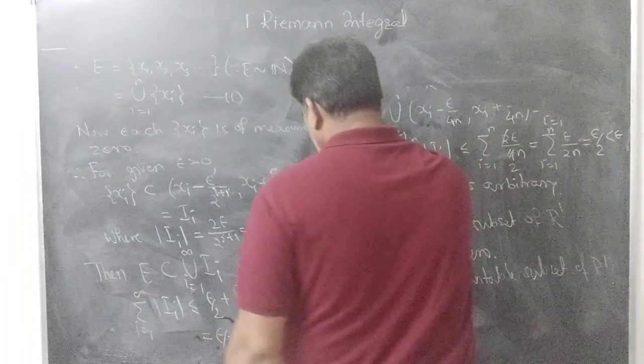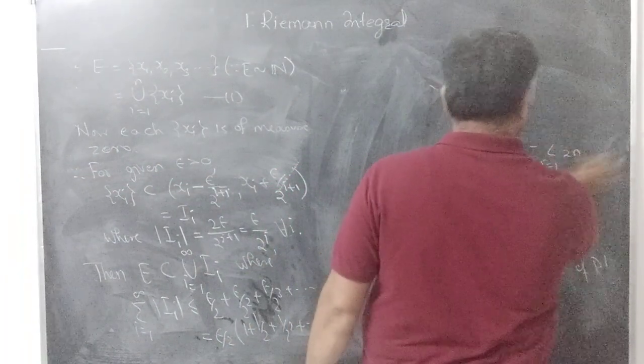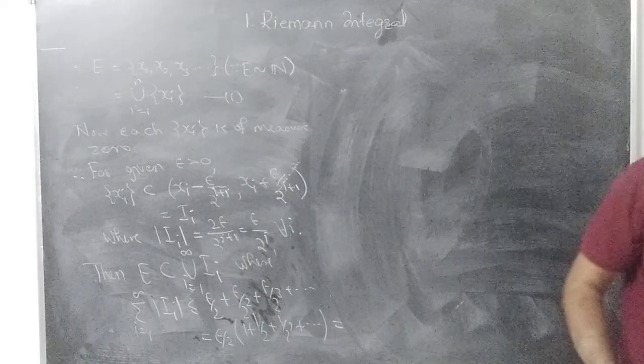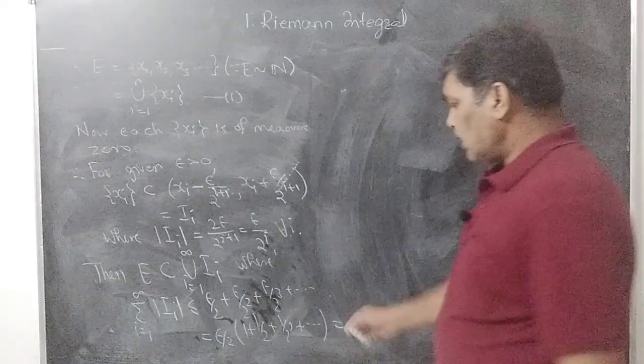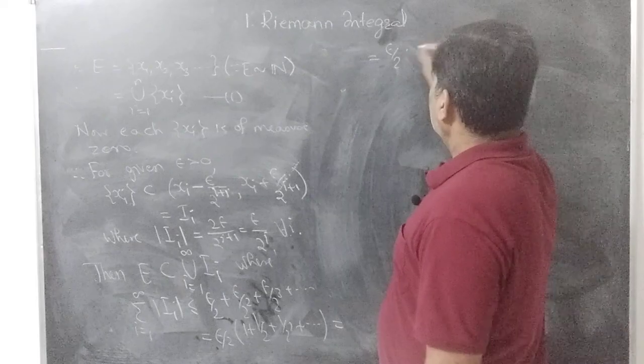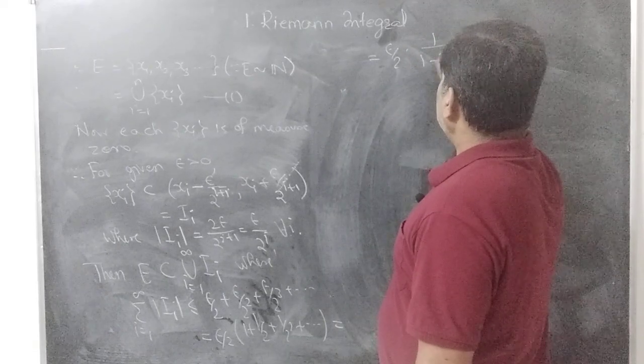We know that 1 plus r plus r square and so on is 1 upon 1 minus r if mod r is less than 1. So this will become epsilon by 2 into 1 upon 1 minus 1 half,